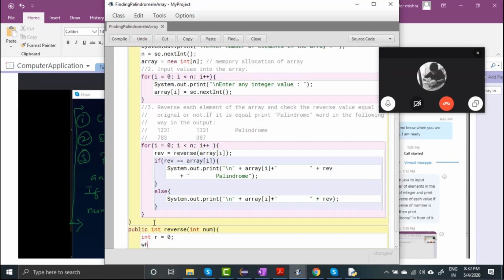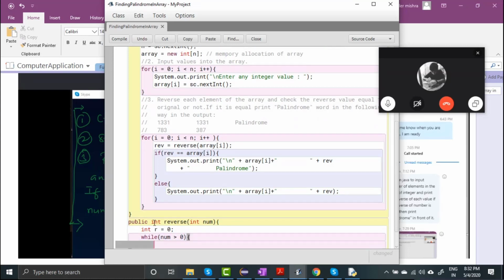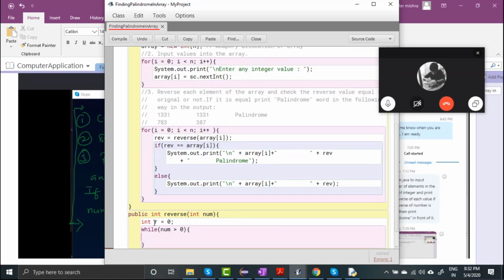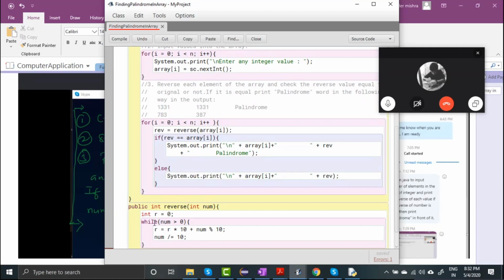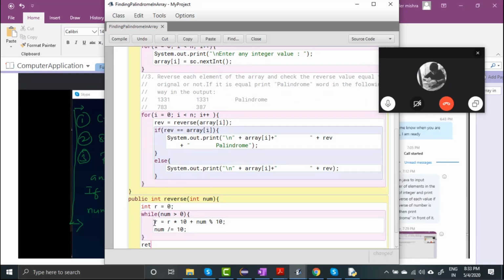Then I'm writing here while num is greater than 0, r equal to r multiply by 10 plus num modulus of 10, and then you simply write num slash equal to 10. And then we got the reverse in r, then we write here return r.